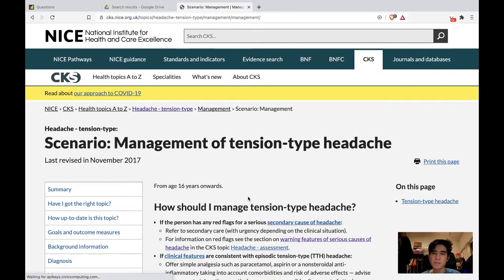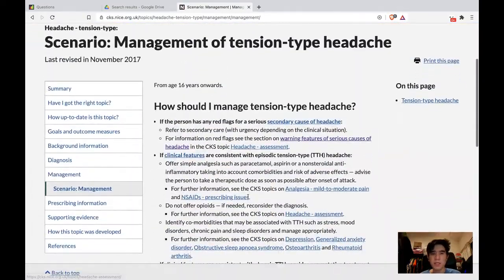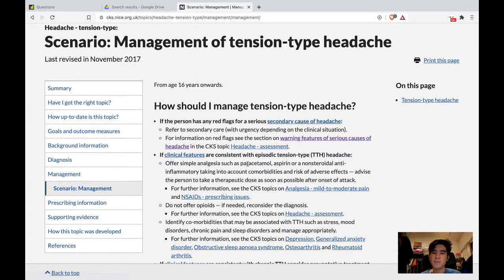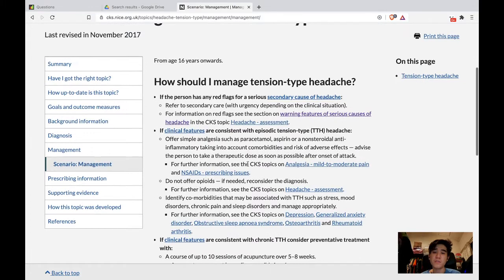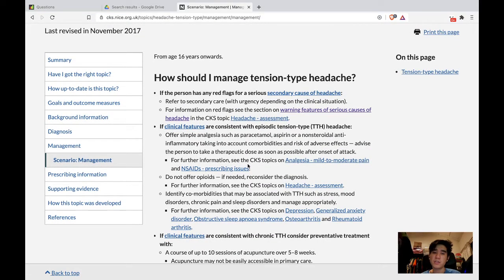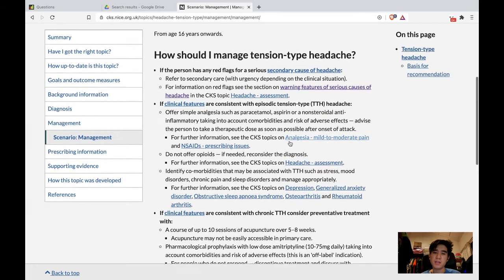Let's look at the management. How should I manage tension type headache? If the person has any red flags for a serious secondary cause of headache, refer to secondary care with urgency depending on the clinical situation. For information on red flags, see the section on warning features of serious causes of headaches in the CKS topic